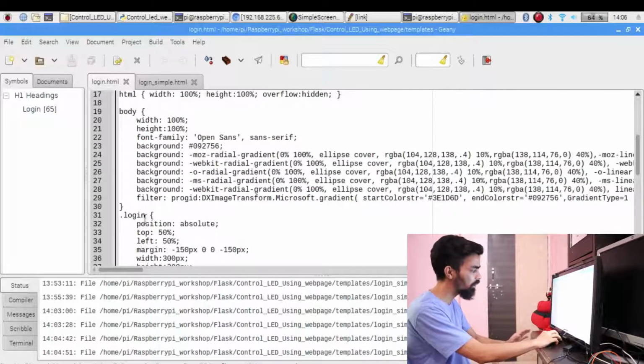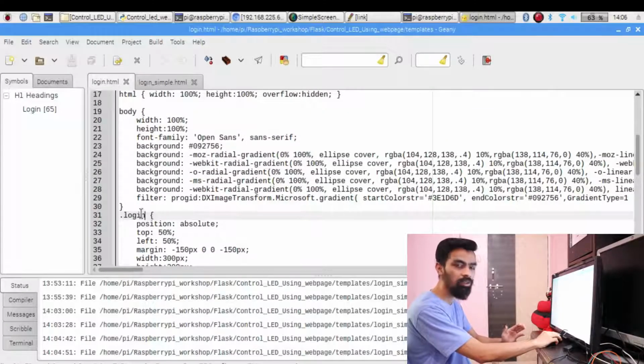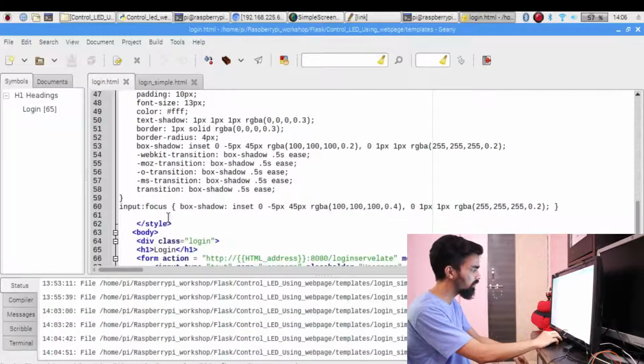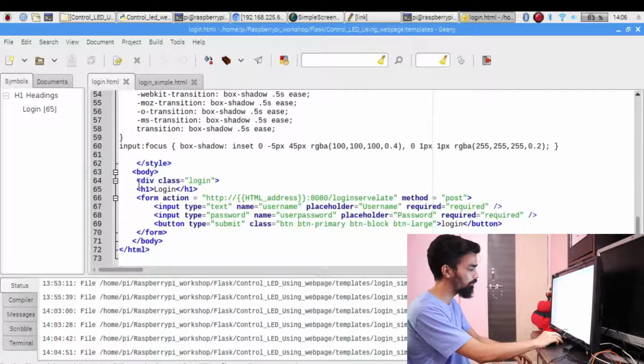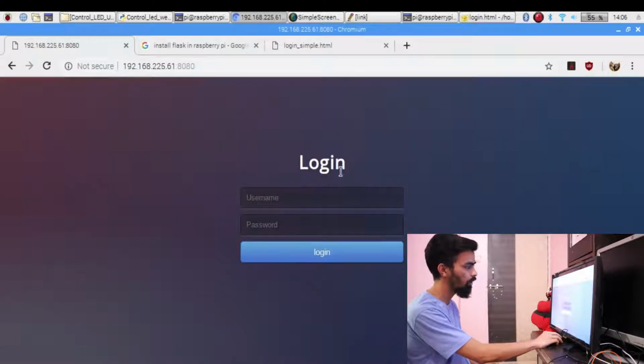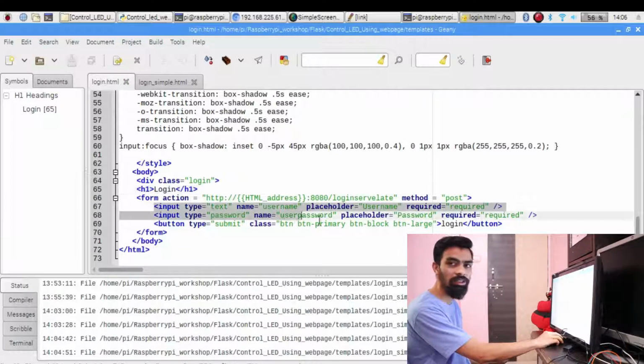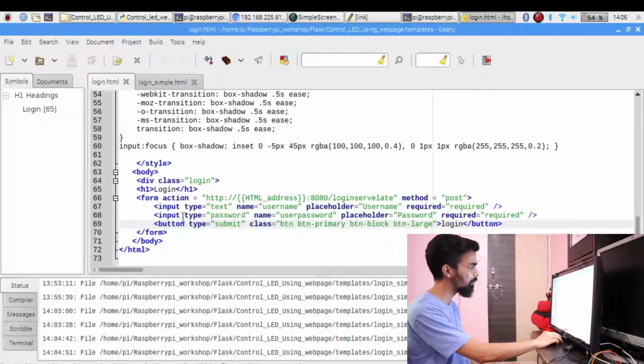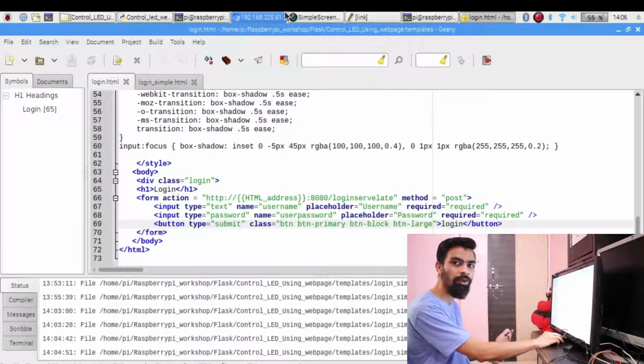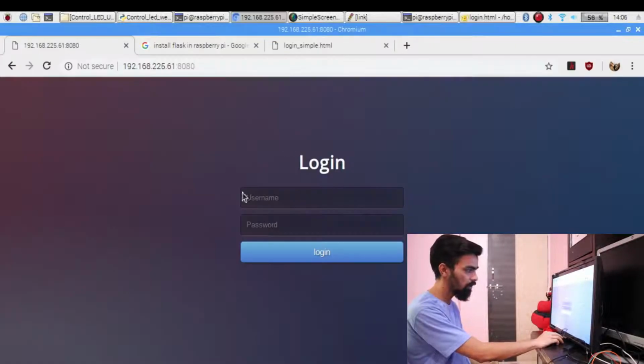You can see in between style sheet there is a login. So this is a class. We have accessed that class, so this line is enter division class login. H1 we have already seen, the login, because you can see here it is present in login. Then form action we will see later. Then input and button. All these lines are the same that we already saw. So this is a basic type of HTML, and in this way we have created this HTML page.